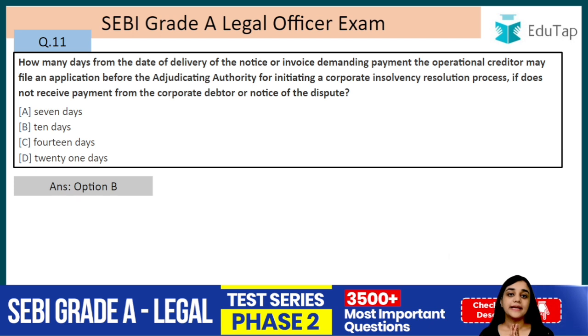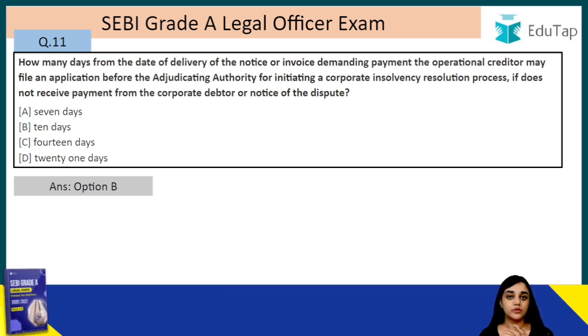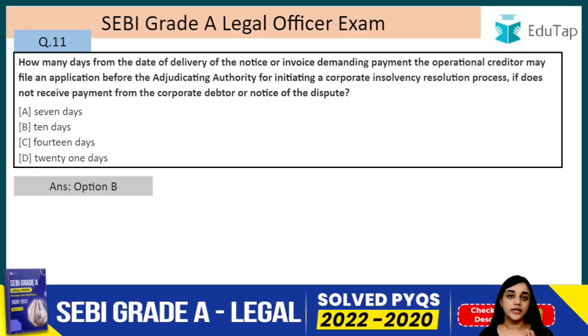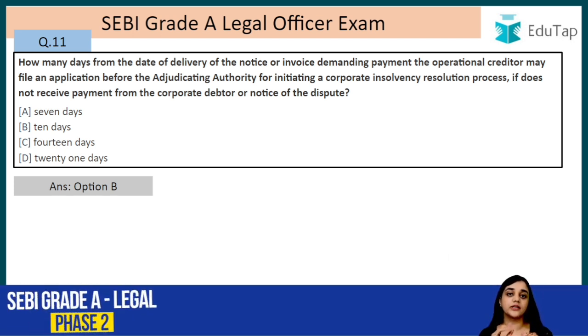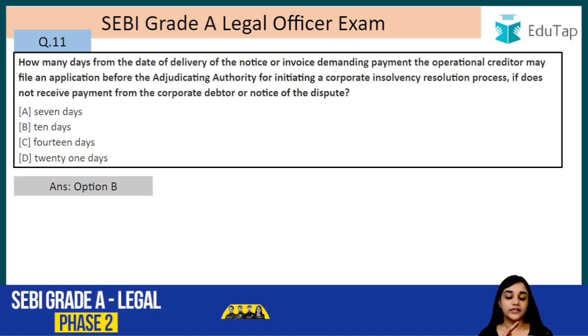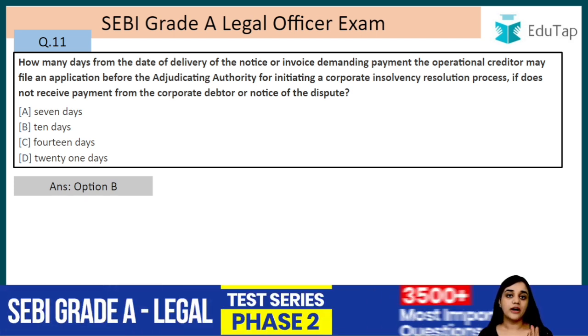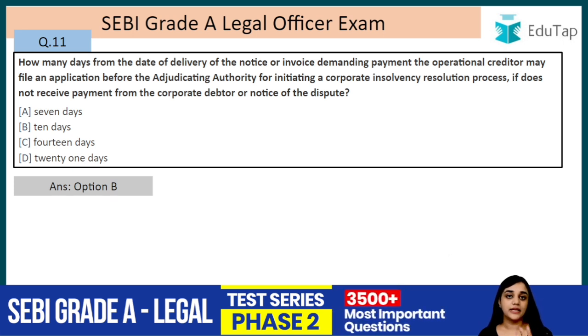For example, A Limited found that the raw material supplied to it is not of good quality, it is not the quality which was agreed upon. In that case, what can A Limited do? It can send the notice to the operational creditor, stating that dispute, within 10 days. If any such dispute is arising, they have to first solve that dispute among themselves, and if after that any claim is still remaining, they can move to the NCLT to